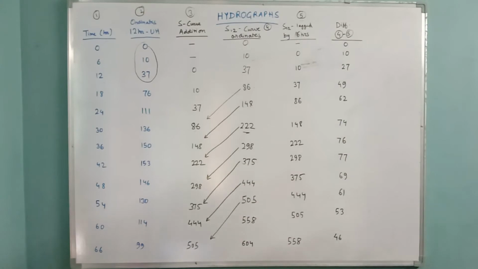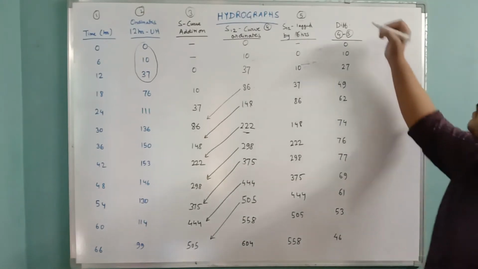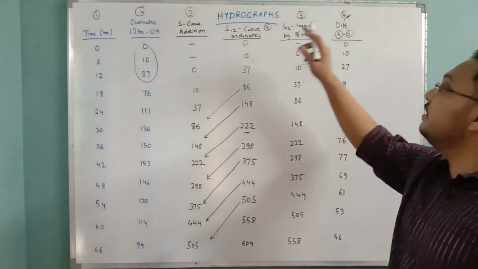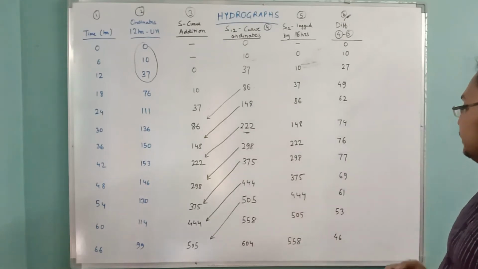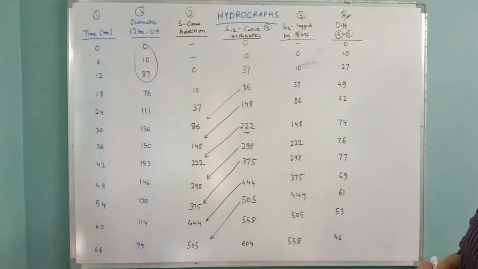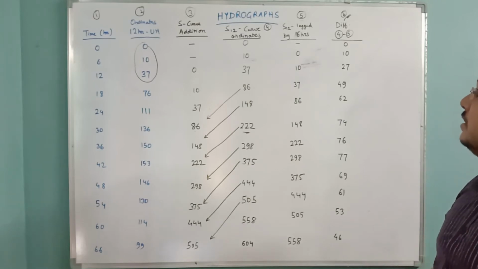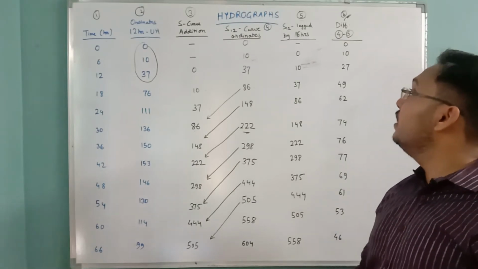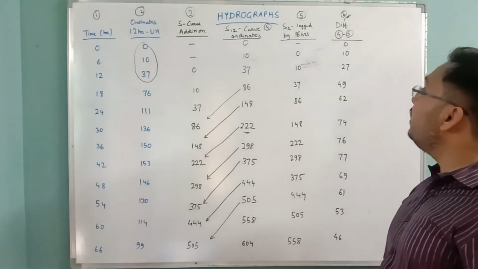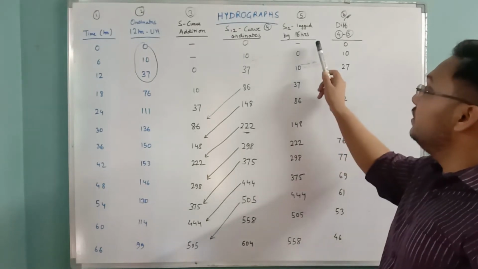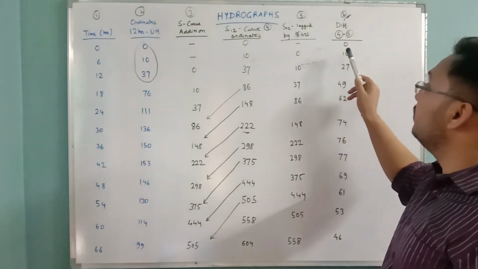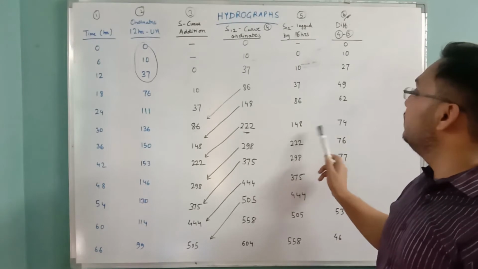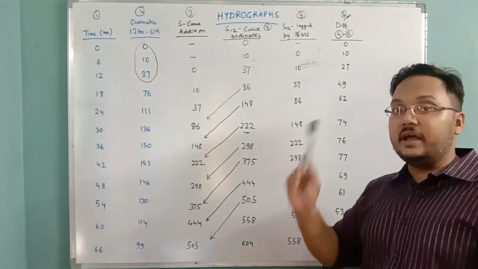Okay, so this was our observation for the sixth column, which is basically the difference between the S12 curve ordinates and the S12 lagged by 6 hours. I hope you will be pausing the video right now, just like you have done the S12 curve ordinates until the 144th hour. I would request you to pause the video and do the same thing for this lagging of 6 hours and the difference of the fourth and fifth columns until the 144th hour. Just pause the video and calculate the values of these two columns by the method that I have shown you.